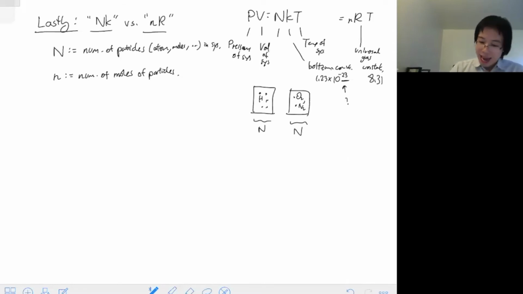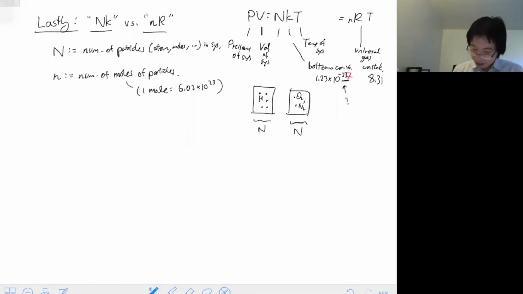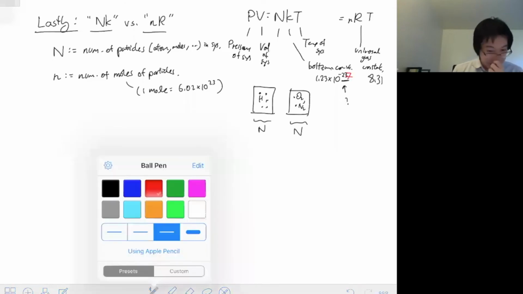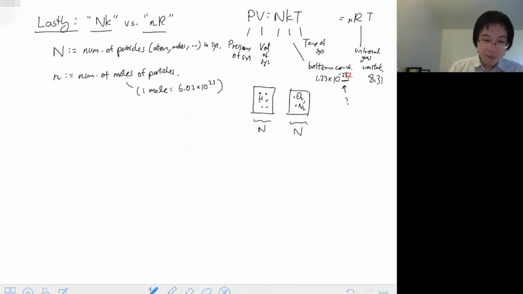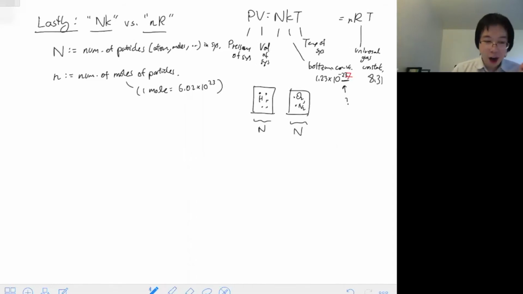Okay. And 1 mole is, you know better than I do, is 6.02 times 10 to the 23. I think that's actually 27. I think I crossed my numbers. Yeah, but you can just Google that and double check. Okay, so probably most of you are already very comfortable with moles. If you're not, here